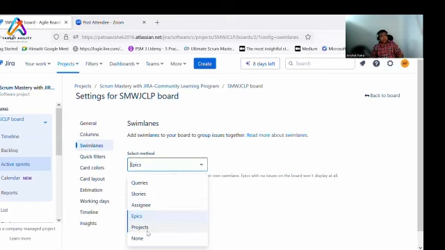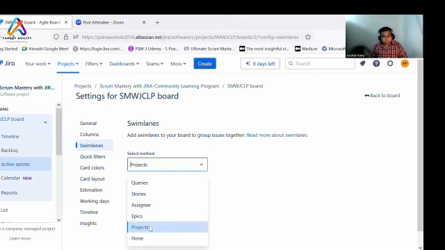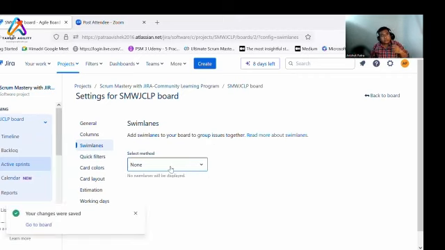Then you can also streamline based on the projects. Let's say you have a board where you have multiple projects and you want to see holistically what is happening in the different projects. If you put a swim lane with respect to the projects, for the first project it will come, then second, third, fourth: project one, project two, project three, project four. In each project, how many tickets are in progress, how many tickets are in done, it will give you a visualization of that holistically, if you're maintaining a portfolio or program, so you can use that accordingly. We can also put it as none.